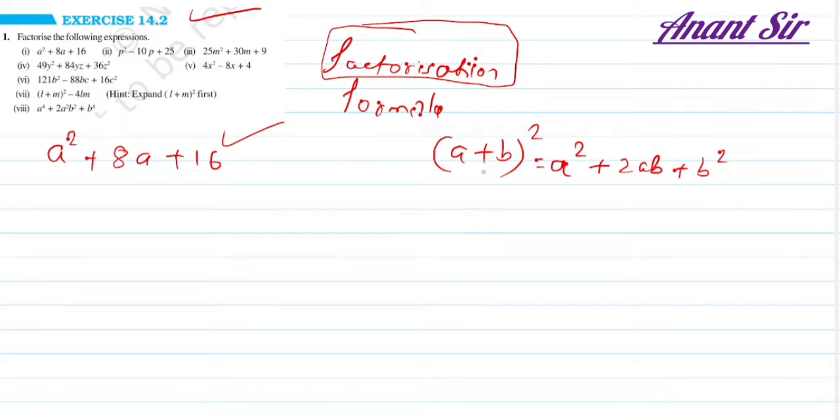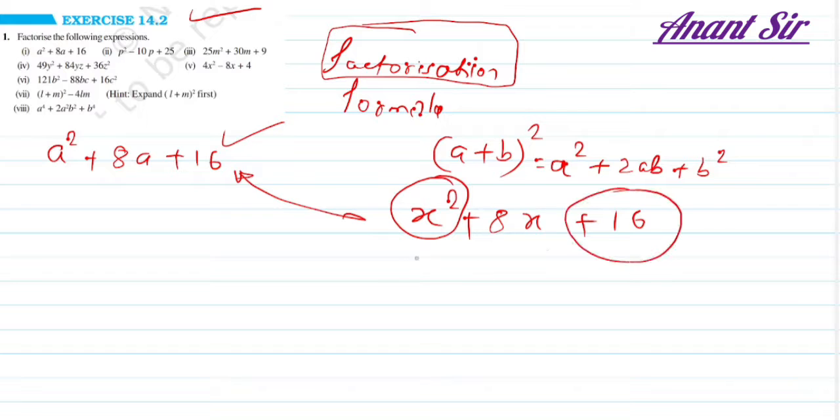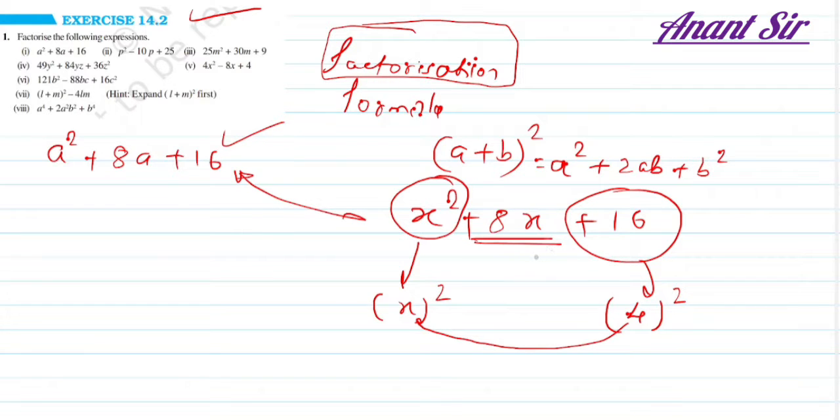For example, how we can use this formula? In which question will we use this formula? Where is it applicable? How to identify? So see, if a question is like this, x square plus 8x plus 16. It's a similar question, only thing I have written x here. You have to just check whether the two terms are perfect squares. Here the first term is a square of x, and the third term is also a square of 4, and if you multiply the product of these terms by 2, do you get the middle term? You have to check that.